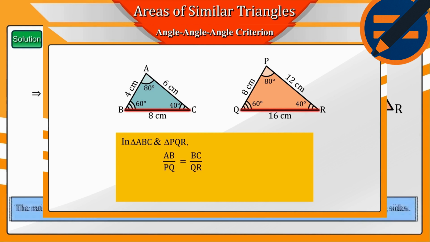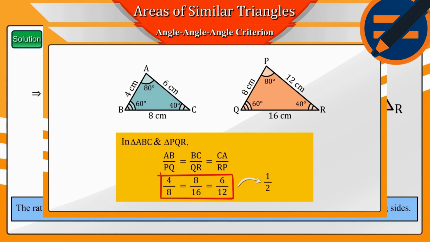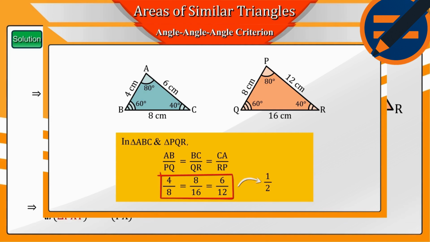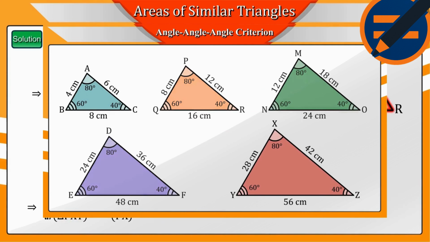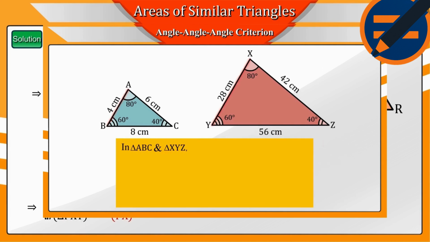Since we know that the ratio of the areas of two similar triangles is equal to the square of the ratio of their corresponding sides, from triangles PXY and PQR, the ratio of their areas will be equal to the square of the ratio of their corresponding sides PX and PQ. With the help of equation 1,